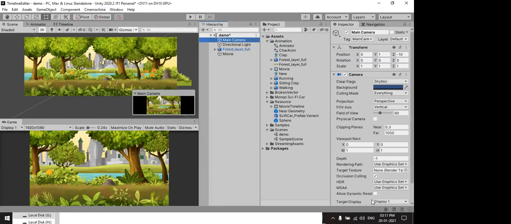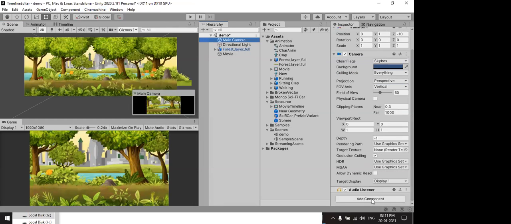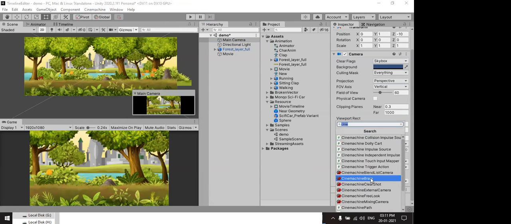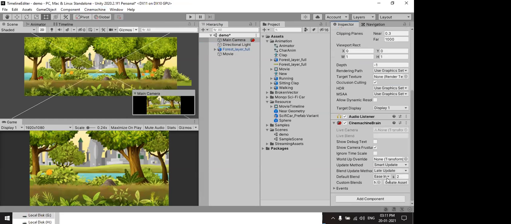In your camera, you have to add your Cinemachine brain. In that brain, we have custom blends. How to blend one virtual camera to another virtual camera, how to blend the camera.